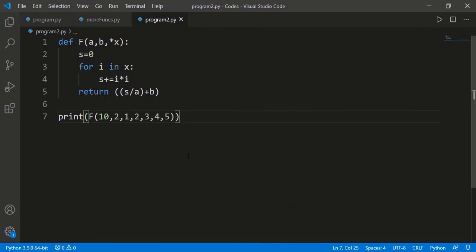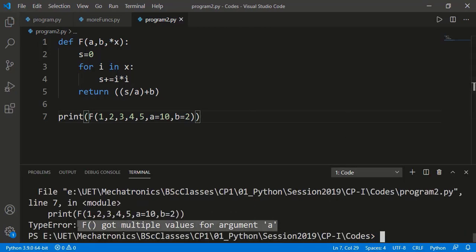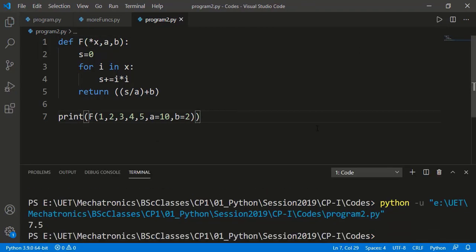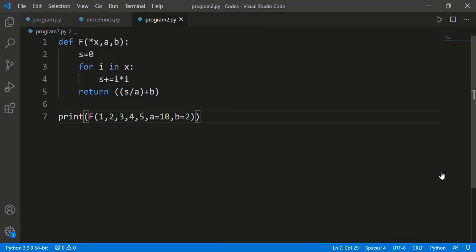Now let's see if we can pass the single valued arguments by the name. We get error here. But here I should change the order of the input arguments. And now we have the output. Even though we get the output by this, but it is not a good approach. If we have variable length input argument, that should be after the single valued arguments. That's what is followed by the community, and that's what we should follow.